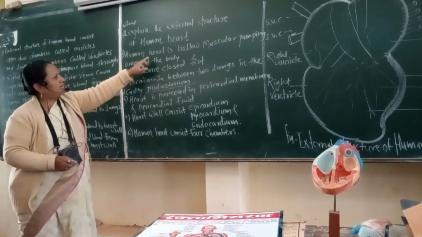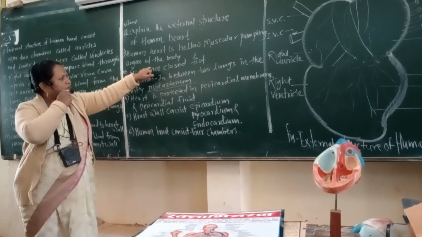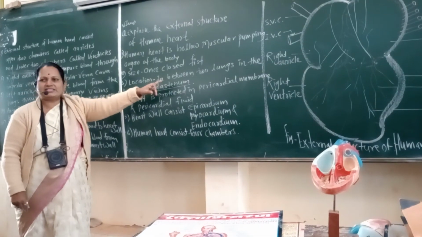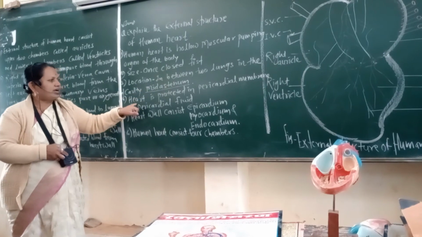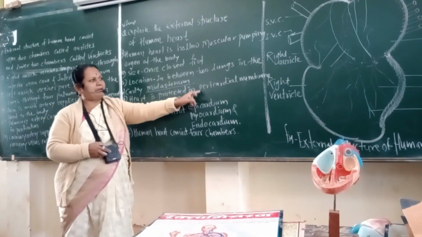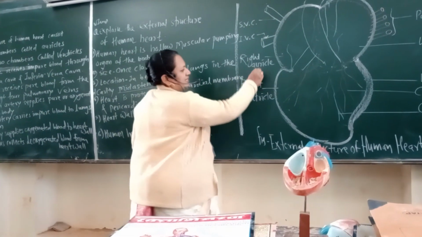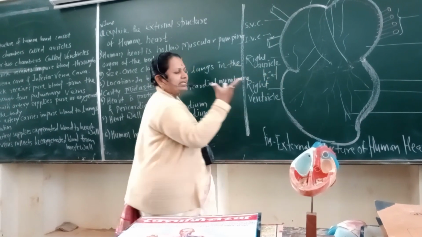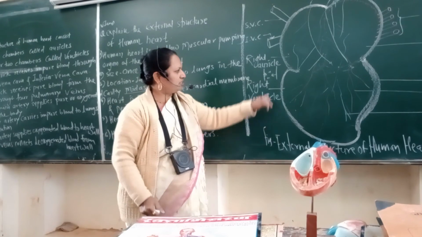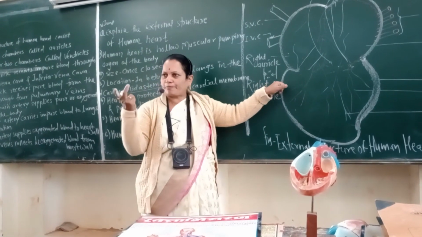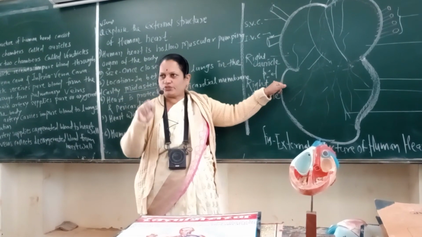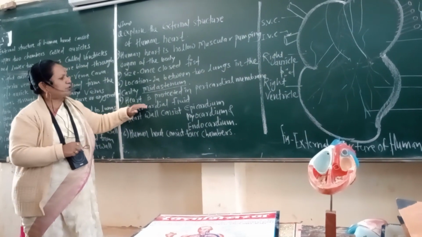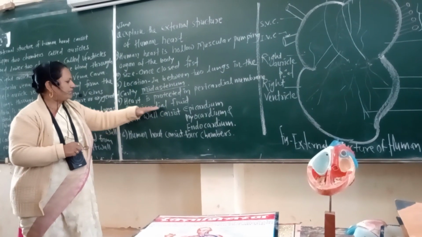The human heart is a hollow muscular pumping organ of the body. Size: a closed fist. Location: in between the 2 lungs in the mediastinum cavity. The heart is protected by the pericardial membrane. There are 2 pericardial membranes, and in between them pericardial fluid is present. During heartbeat, contraction and relaxation, it acts as a lubricant and absorbs mechanical shocks during mechanical injury. Therefore, protection is the main function of the pericardial membrane. The heart is protected by the pericardial membrane and pericardial fluid.